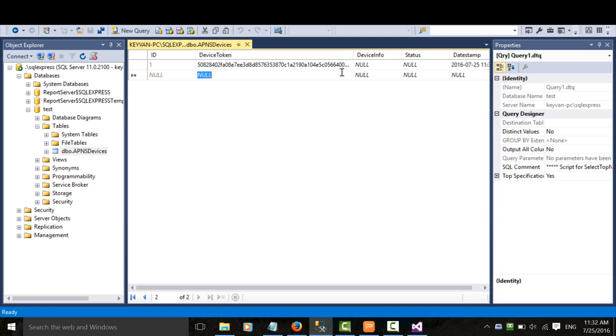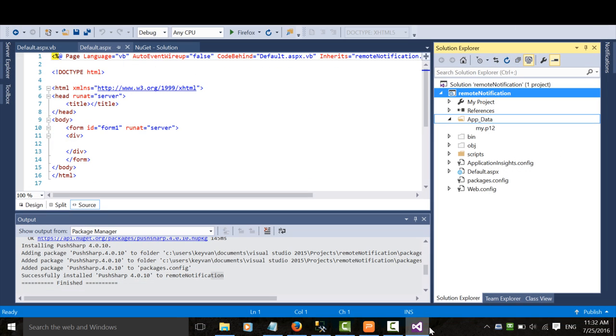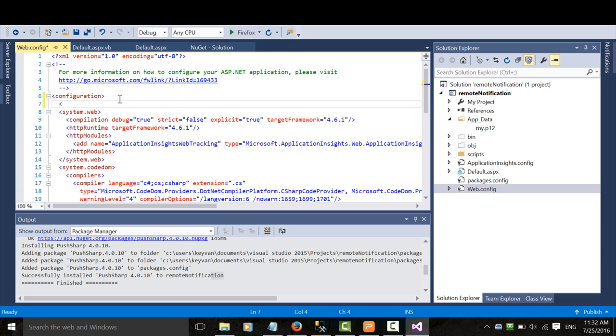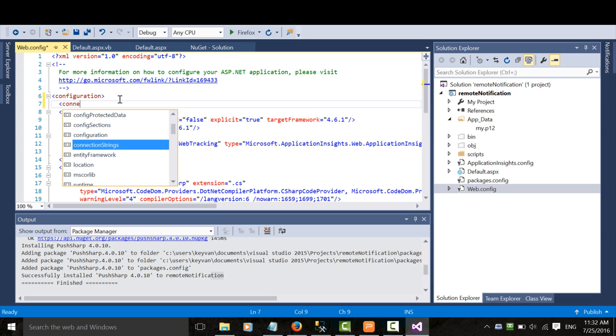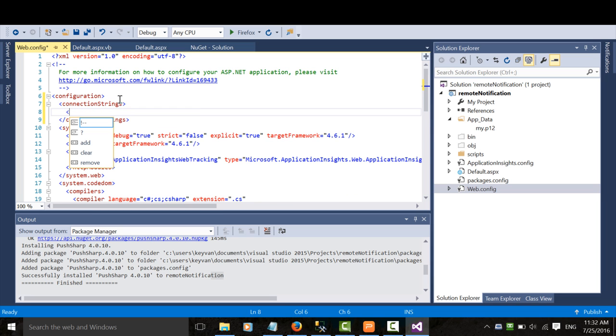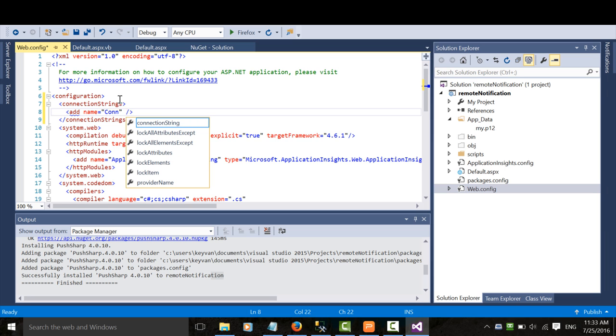Now, in order to work with the database in our project, we need to add the connection string to our web.config file. Let's go back to the project, open the web.config file, and right after the configuration section, I choose connectionStrings. You see it's there, and now we add our connection. Add name equals, I use the word con, and connection string